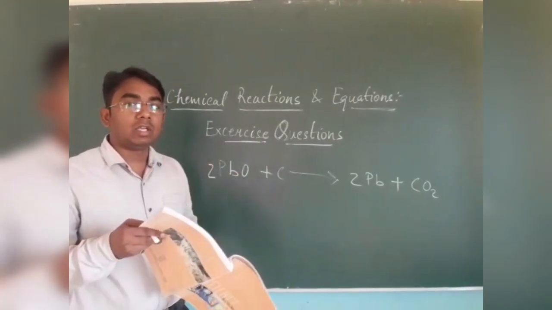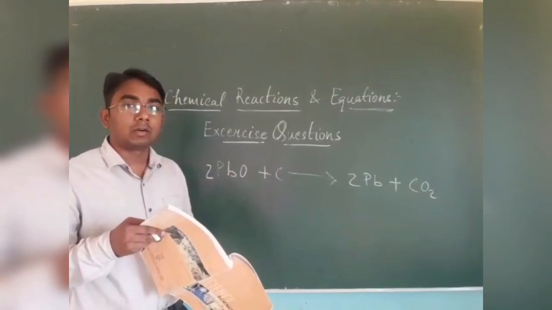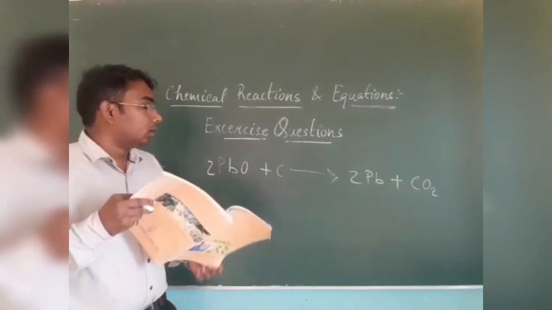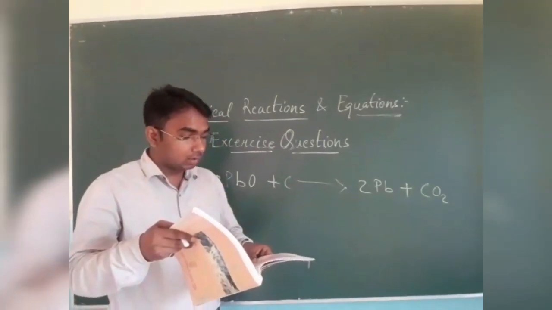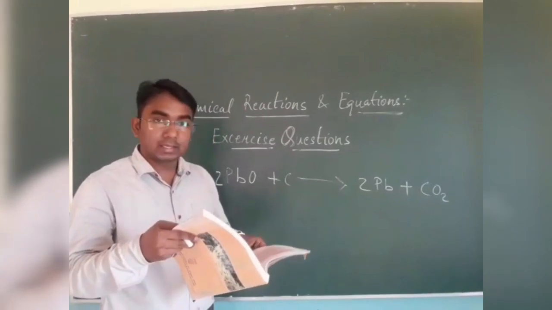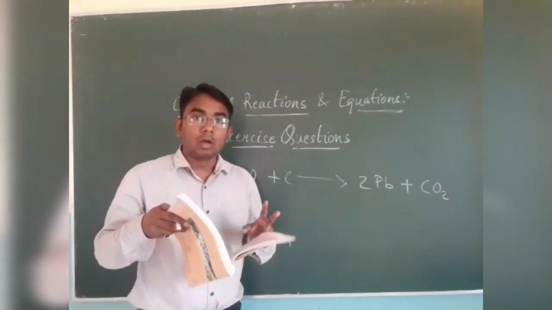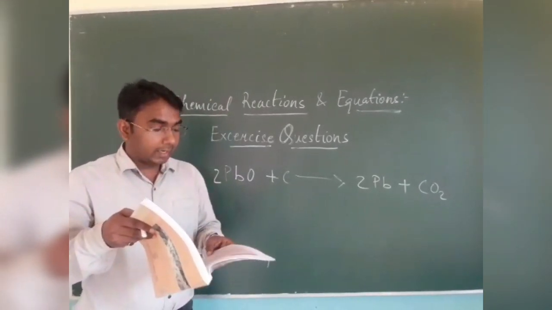But one thing we need to keep in mind is that in the question he is not asking for the correct options, but he is asking for the incorrect ones. So be very wise while reading the question. The answer will be A and B. A, lead is getting reduced, and B, carbon dioxide is getting oxidized. These two are wrong statements. Therefore our answer will be A and B.